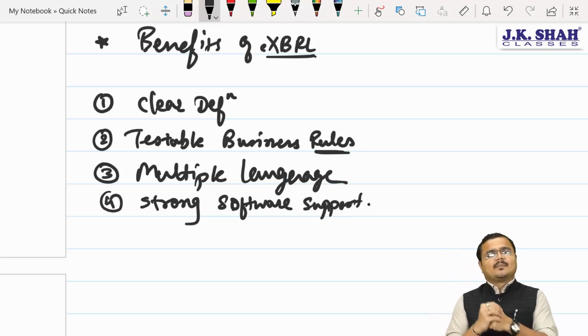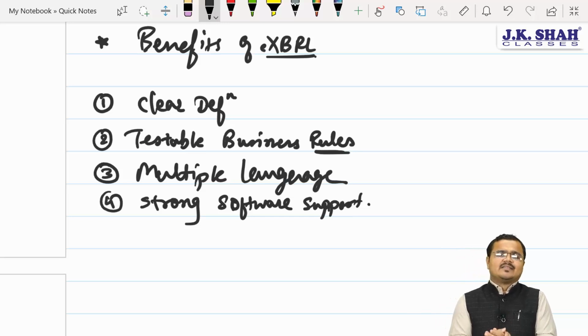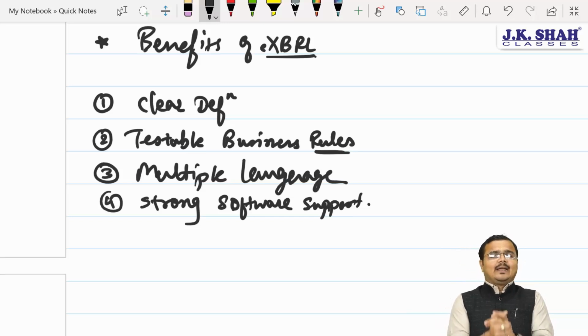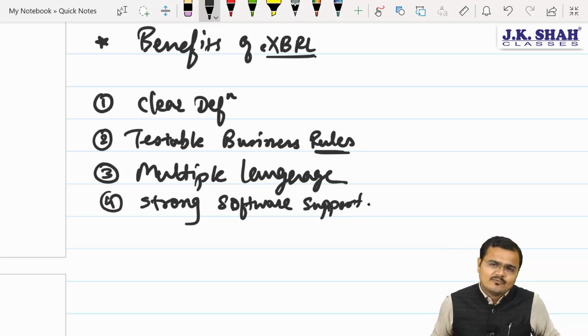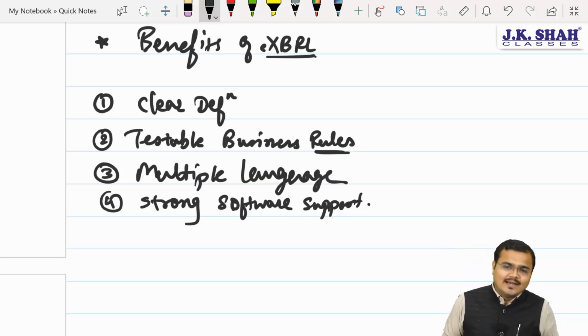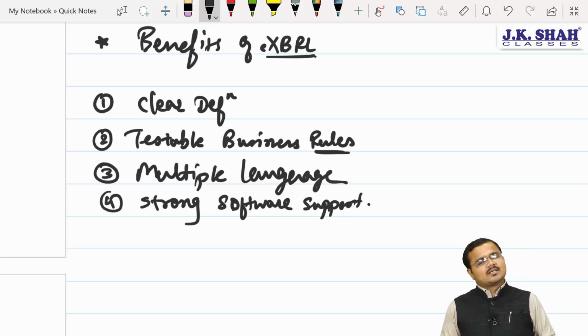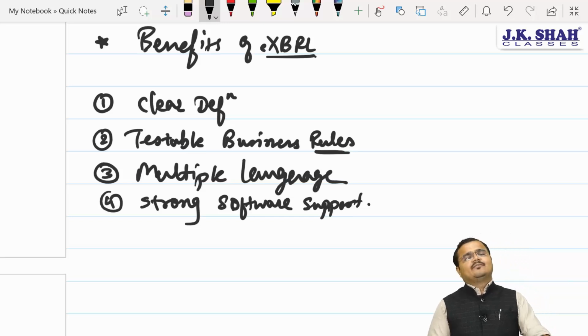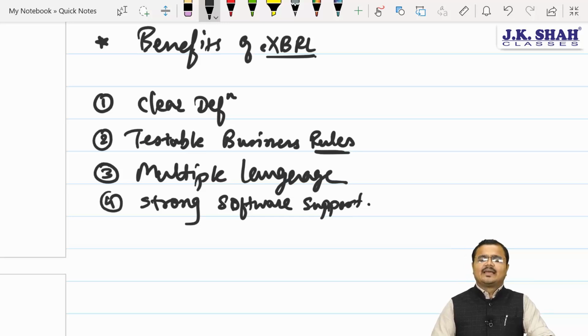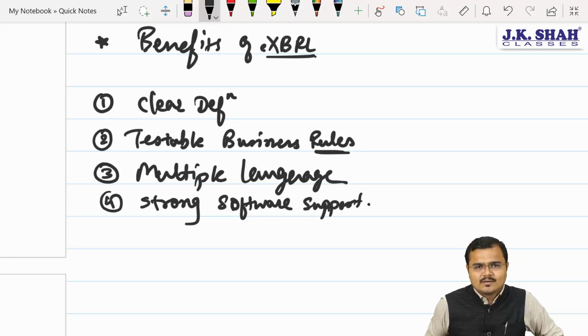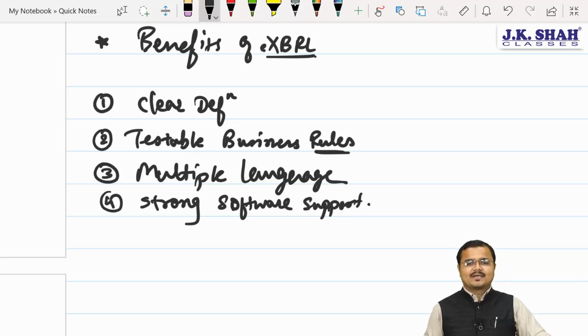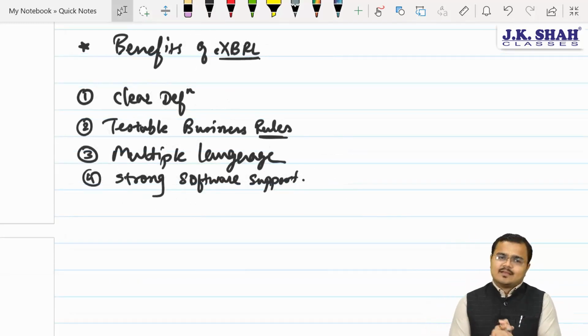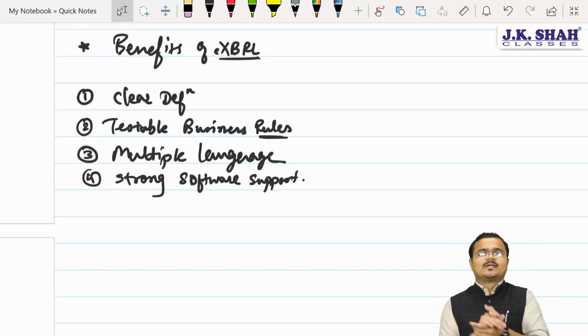Okay. Third one, sir, multiple lingual supports are there. Multiple languages can be there, and that enables us to create the report in as many languages as we feel necessary. Finally chartered, it provides what? Such strong software capability that with any accounting software, we can easily make our XBRL software work. Agree chartered? Yes sir.